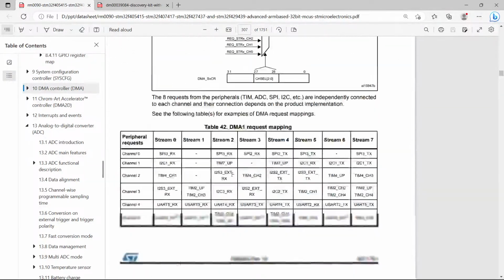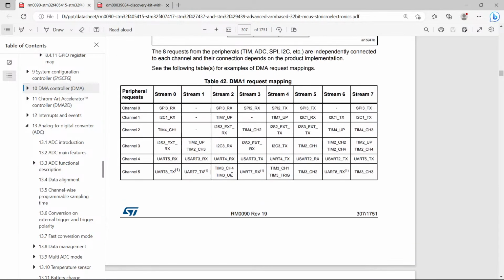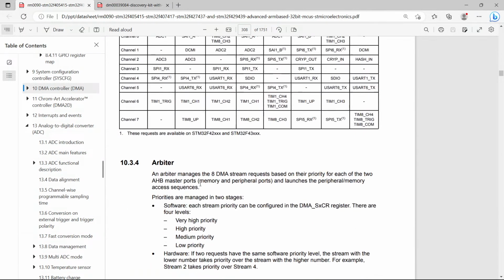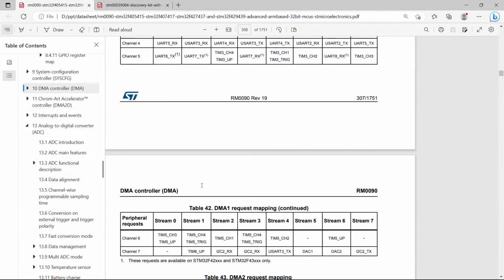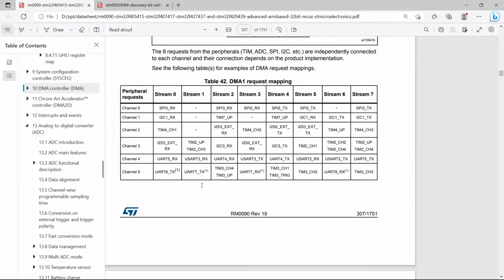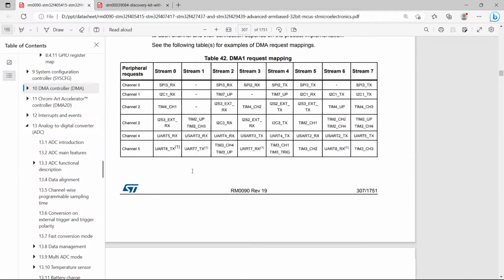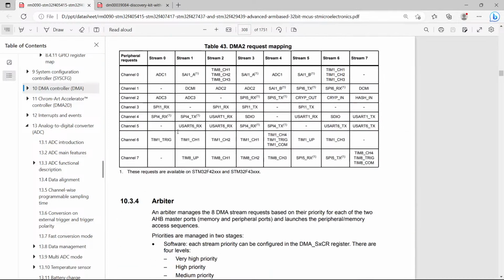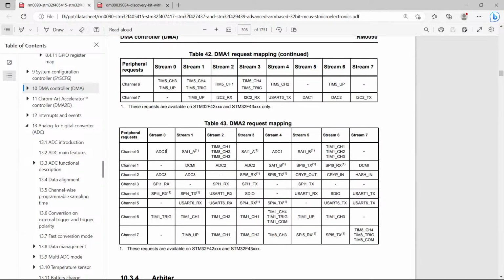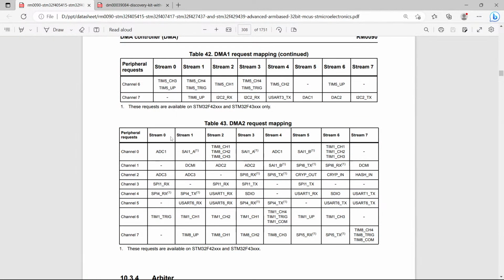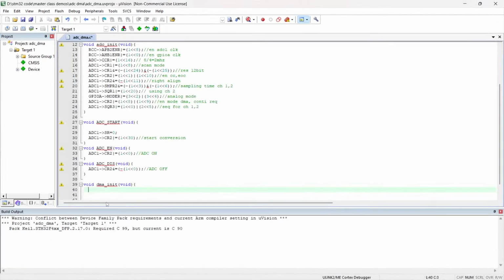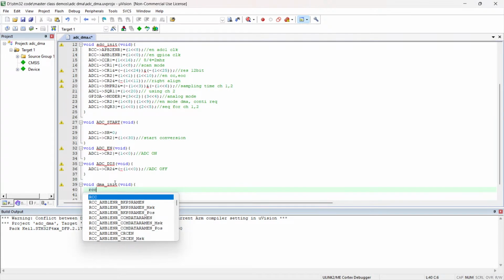So before that, we have to know in which stream, in which DMA the ADC is connected. So we have a total of 8 streams and 8 channels. So you can see in DMA1 we don't have ADC. In DMA2 you can see we have an ADC1 in channel 0 of stream 0. So we have to specify these things. Okay. So first we will enable the clock for